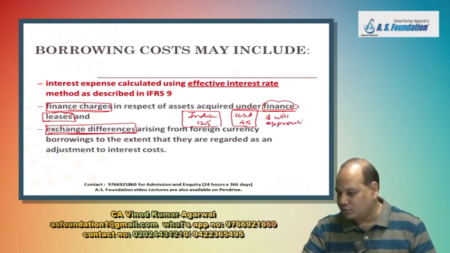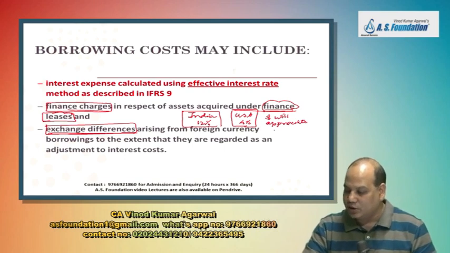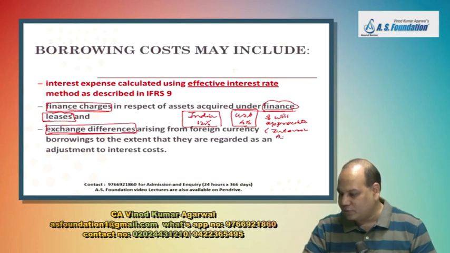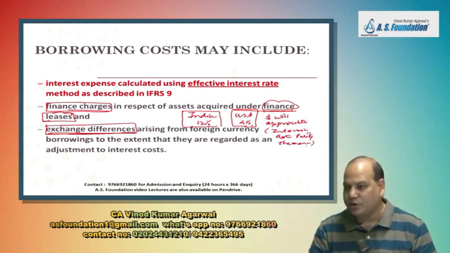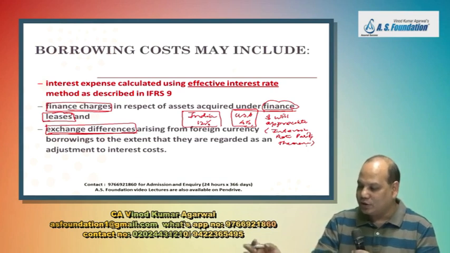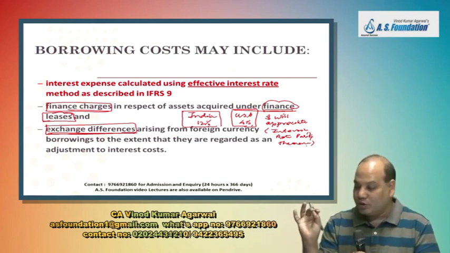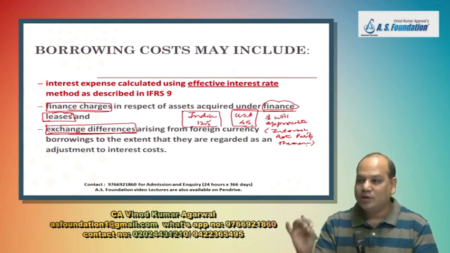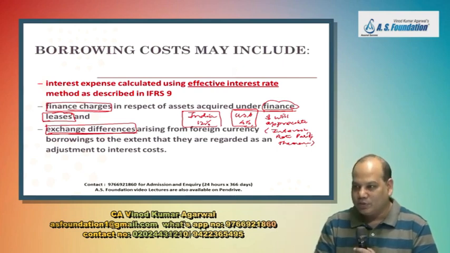There is a theory in finance called interest rate parity theorem. This interest rate parity theorem, IRPT, says that if a country has low interest rate, its currency would appreciate. I hope you have studied it in the financial management subject. If not, doesn't matter. It means dollar would appreciate in our example. Dollar will appreciate means rupee will depreciate.